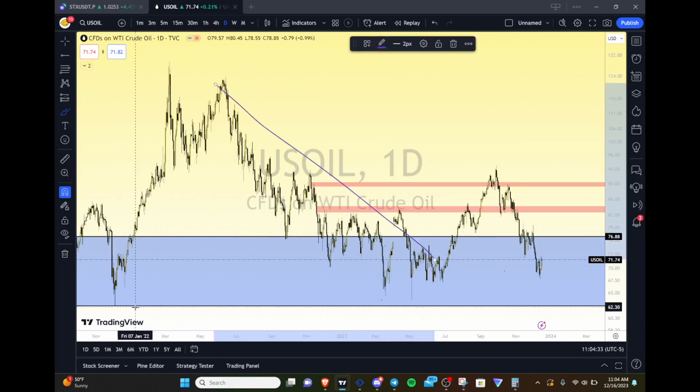Okay, we've held the protected low. We've come into this 7-year, this blue zone is a 7-year accumulation point. It's a very, very interesting zone for a lot of big money to buy into this commodity here. And notice how you see the behavior here. You see this accumulation phase here and then a continuation.